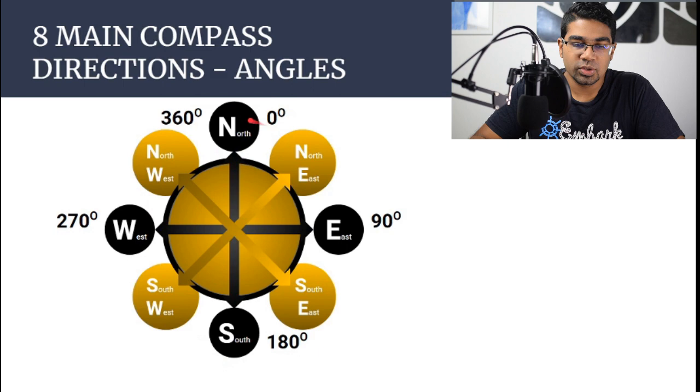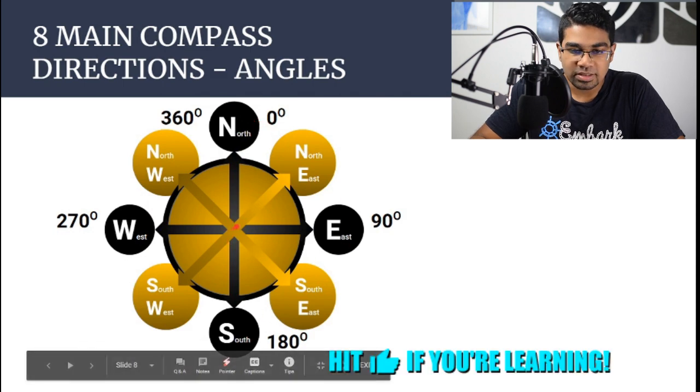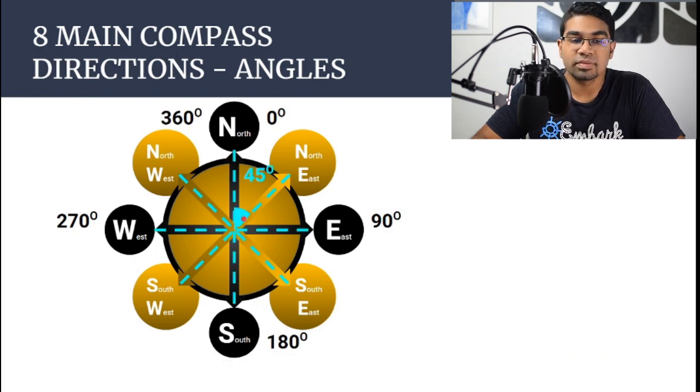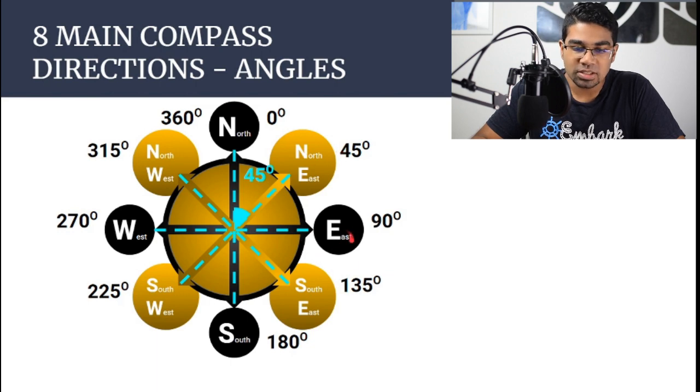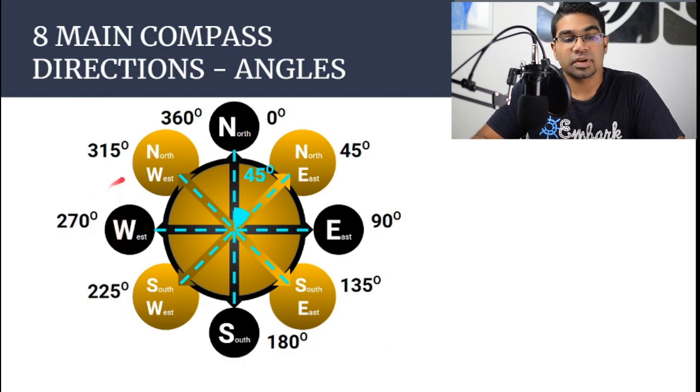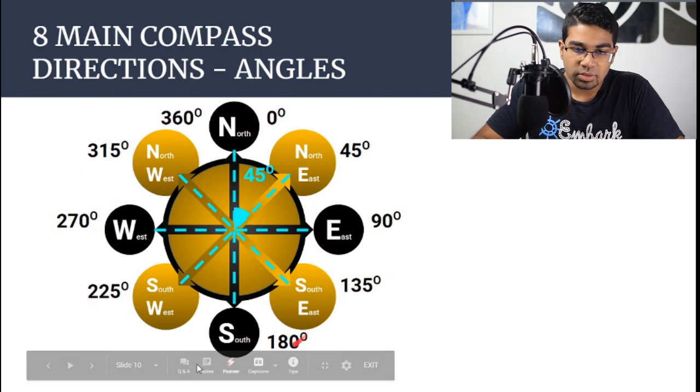For the directions that are between the 4 main directions, they are exactly in the middle, and therefore their angle will be 90 divided by 2, which is 45. And so from north to northeast is 45 degrees, and from east is also 45 degrees. So 90 plus 45, we get 135. Then from south to southwest is the same thing, 45 degrees. So 180 plus 45, we get 225 degrees. From west to northwest is another 45 degrees. 270 plus 45, we get 315 degrees. These are the angles of all the 8 main compass directions.